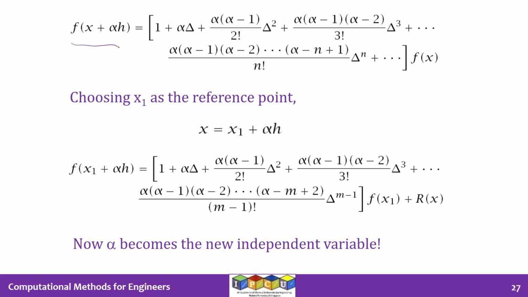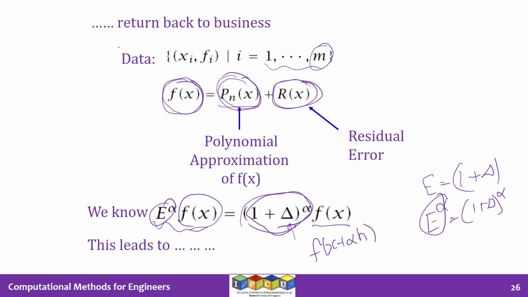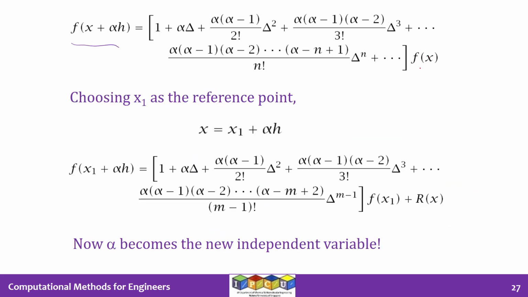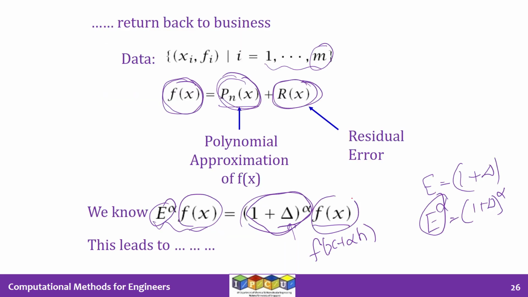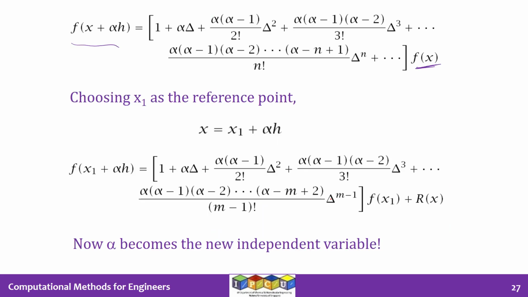So what does this lead to? The left hand side, as I indicated, becomes f of x plus alpha h. And the right hand side, this is very, very important, is (1 plus delta) to the power of alpha, and that operates on f of x. So f of x is right there. So we have not done anything to f of x on the right hand side. What we have done is to expand (1 plus delta) to the power of alpha and put it within these square brackets. We have shown the first four terms and we have shown the n plus 1th term, and we have put three dots to say this continues forever.